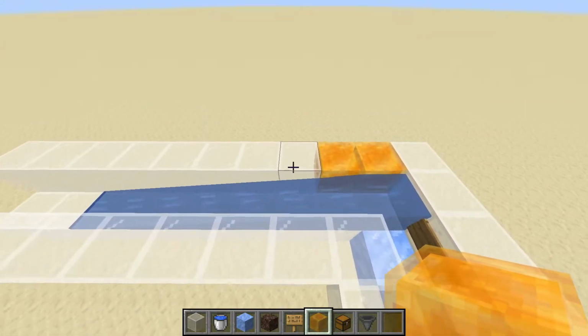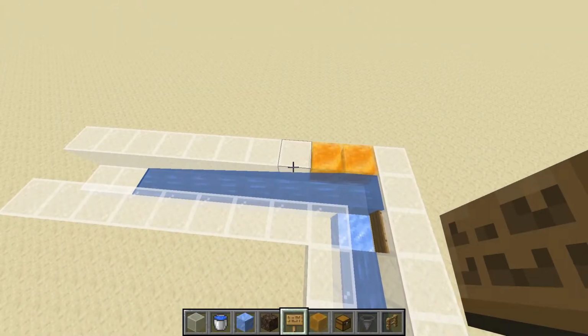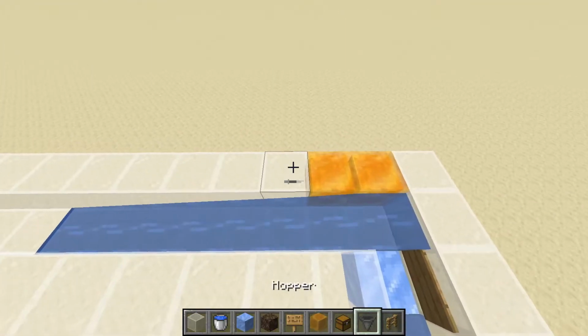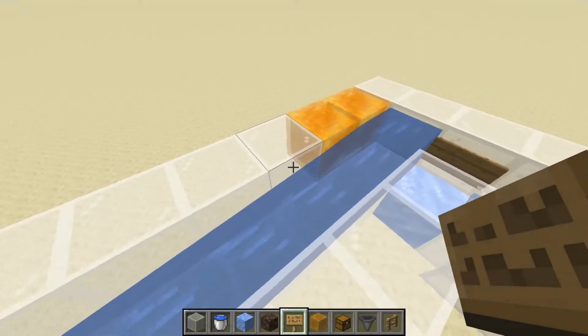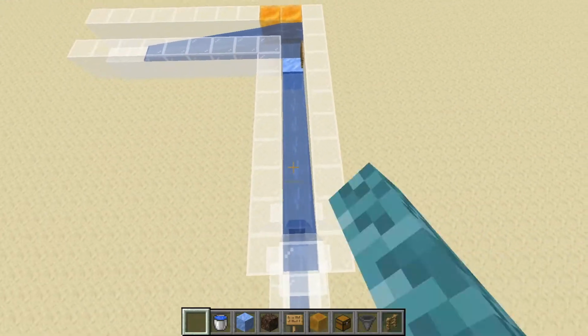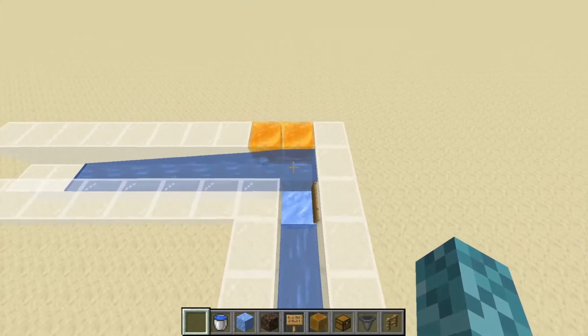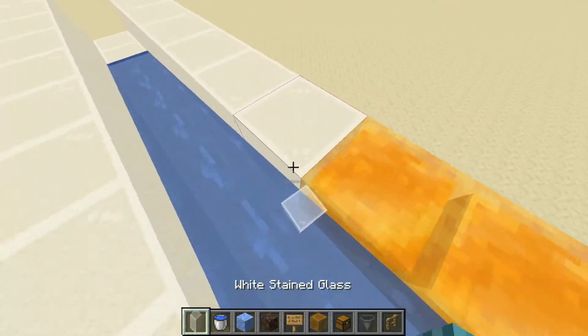But for this to work, we also need to break down this wall on the side right here. So we need to replace these solid blocks near these honey blocks with some smaller blocks like fences or signs even that are going to block this water but also allow the items to pass through. Because if we look at the system now, we'll see that when we throw an item in here, it's going to get aligned on that side right there, but it's going to get stuck on this ledge because this honey block is smaller than this full block.